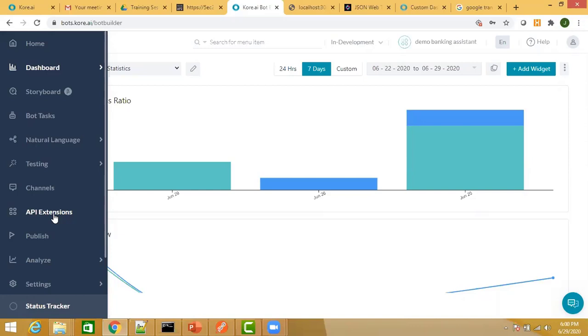So if you want to store some value before it is lost, once a dialog task comes to an end, you need to store it in the context, and we have different contexts which are available: the enterprise context, the bot context, the user context, the user session context, and the bot user session context.